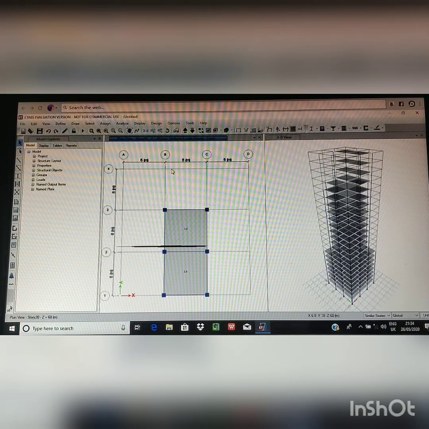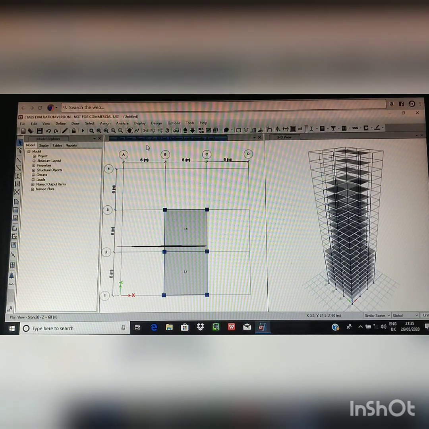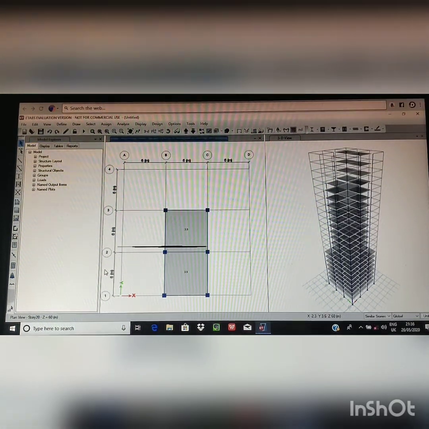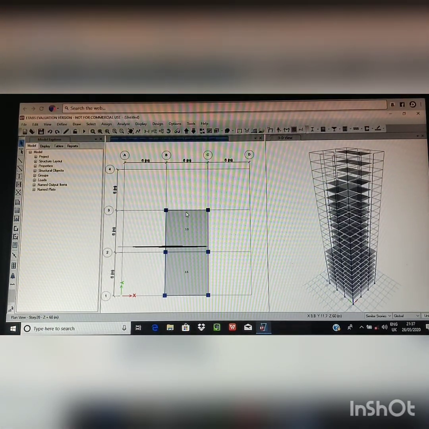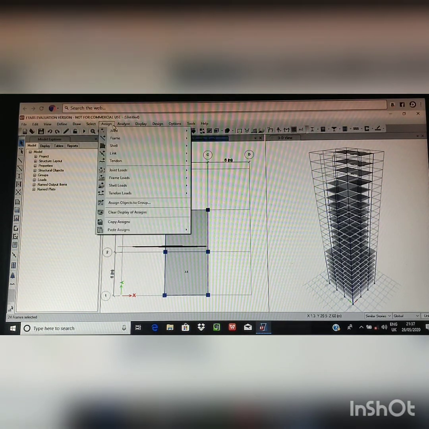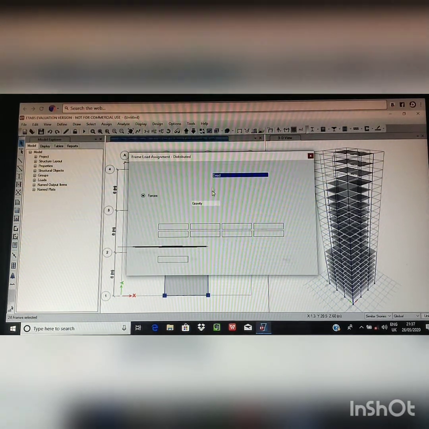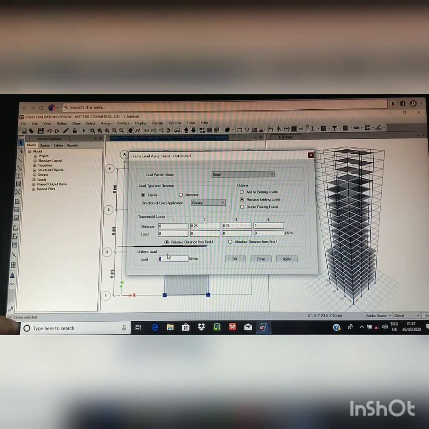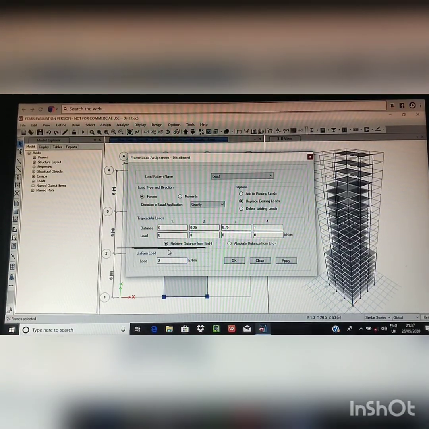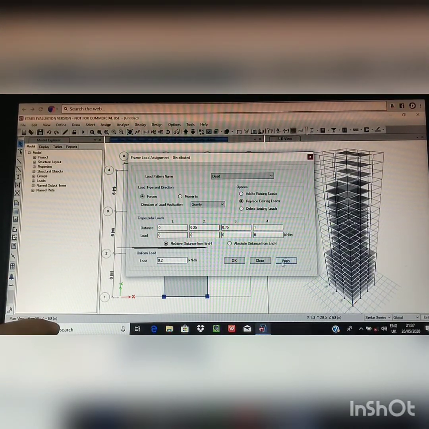Now we apply the cladding load. For cladding loads, we have to select the external members of similar story. Go to assign, frame load and distributed. 0.2 kN per meter. Apply and press OK.